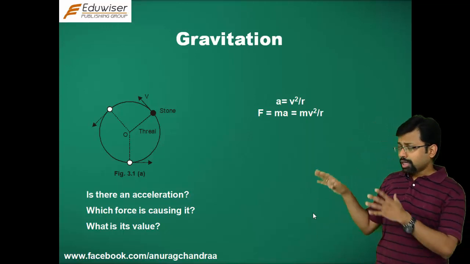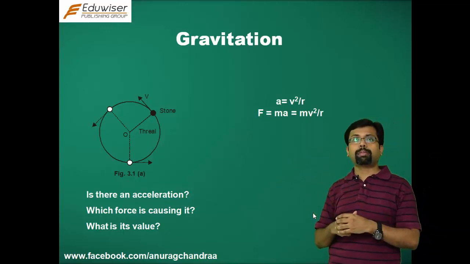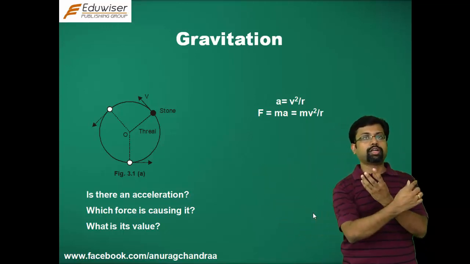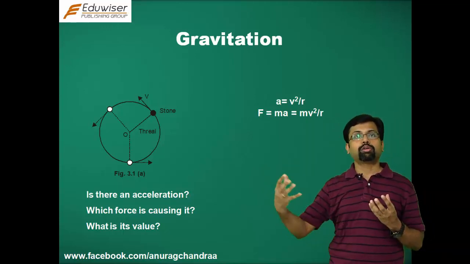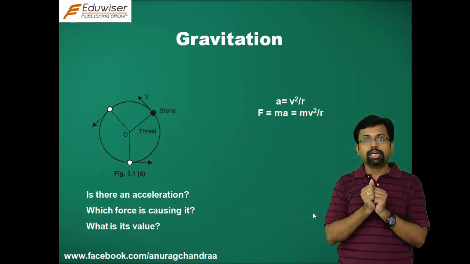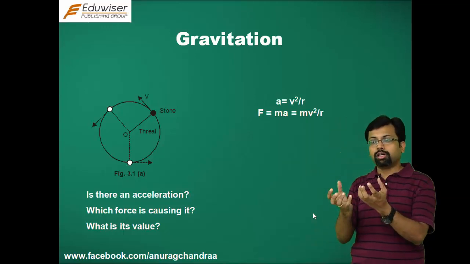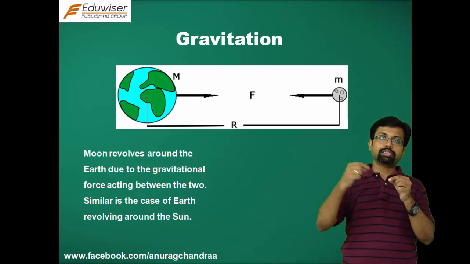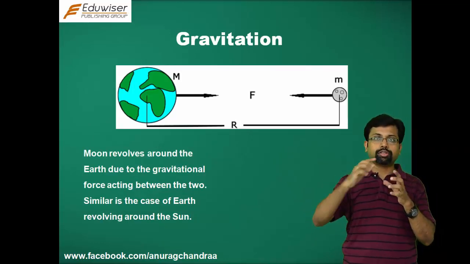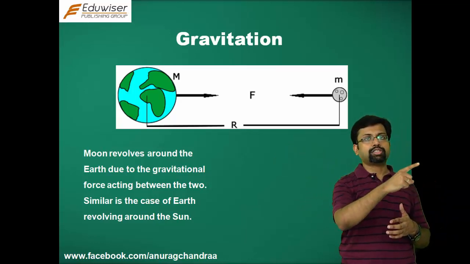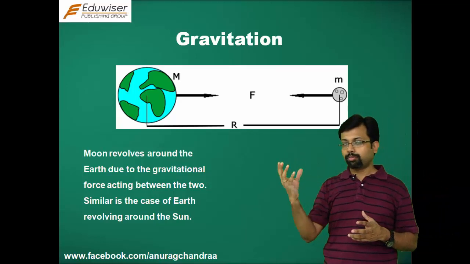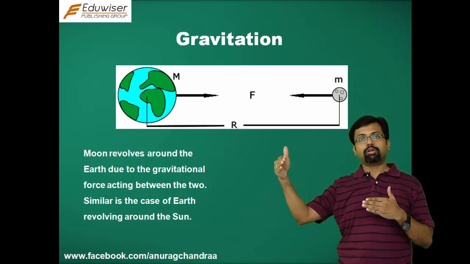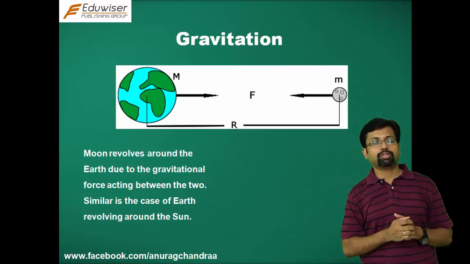Now, if you extend this similar thing to planetary motions, you would be able to answer a lot of things. When you have the moon taking a round around the earth, it is due to this particular force. This is because of the force of attraction that the earth and the moon have for each other. So the earth attracts the moon towards itself in a direction that joins the centers of the two planets. So it is along the radius, and the moon keeps going along a tangent. It's not completely circular, it's probably a bit elliptical, but even in that path, the direction of velocity for the moon would always be in the direction of the tangent at that point.